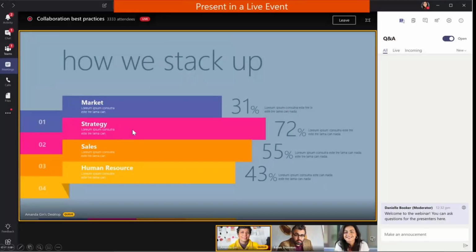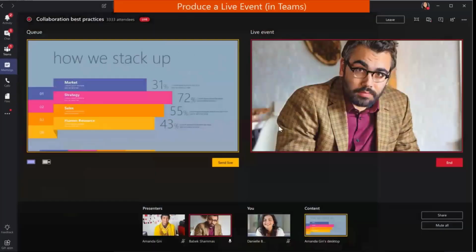Producers also see Q&A from the top here. Actually, I should go previous. It's not enabled right now. So if you click this option here, the Q&A window appears. The chat option here is between the producers and presenters. That chat is not visible to the attendees. That's only strictly between producers and presenters.